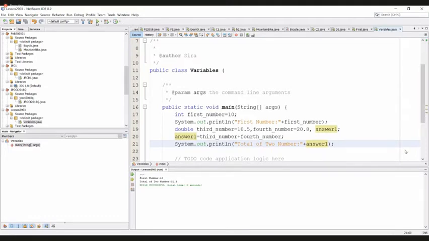Then I'll be using the float type as well. In that case, declare the data type as float.